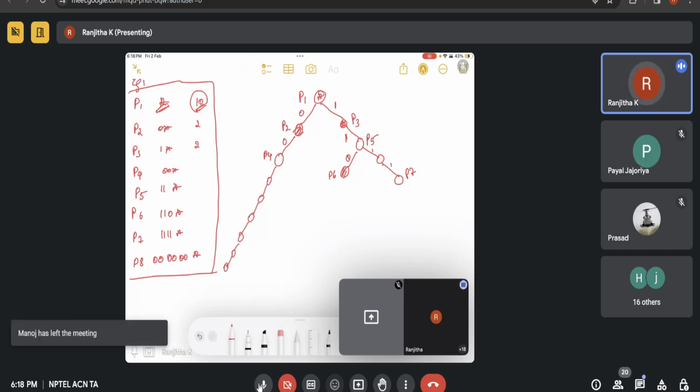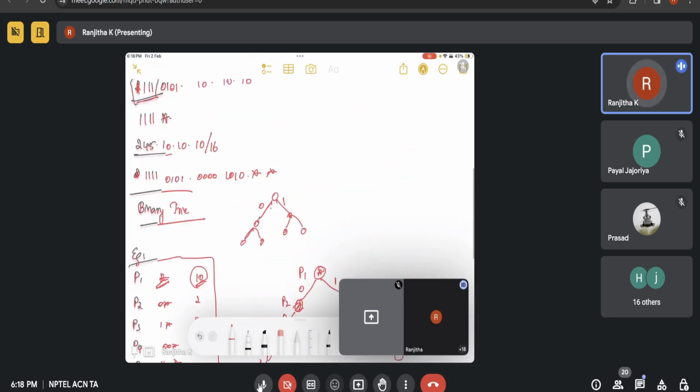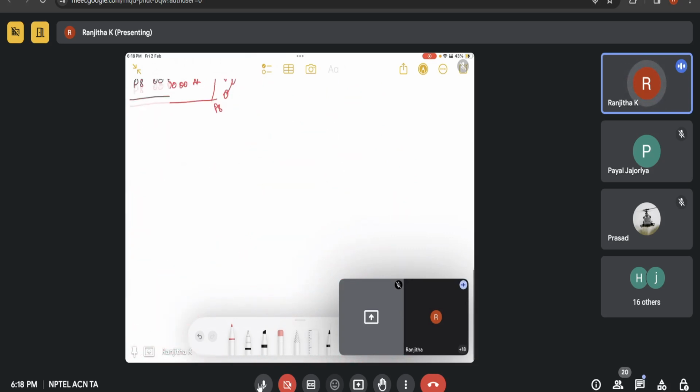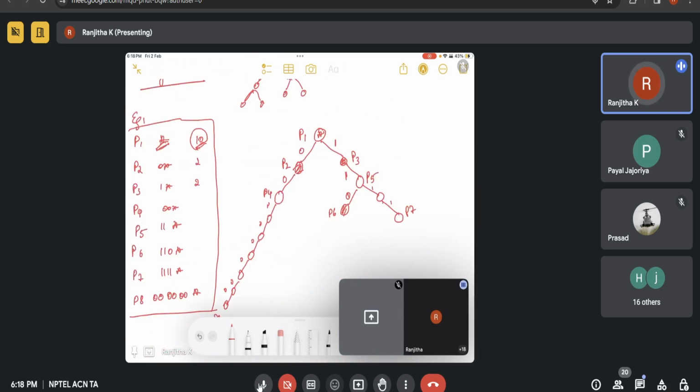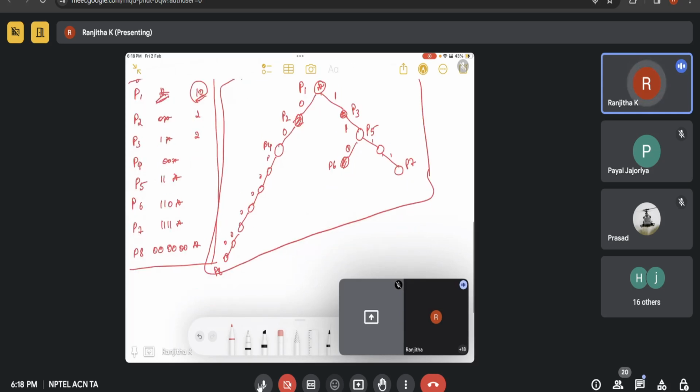Okay, so this is P8. Now, suppose we have already seen this particular IP address, 245. Now we got a packet. So now we have our routing table. This is the routing table represented in the trie form. Now, if a packet comes with a destination IP address 245 dot